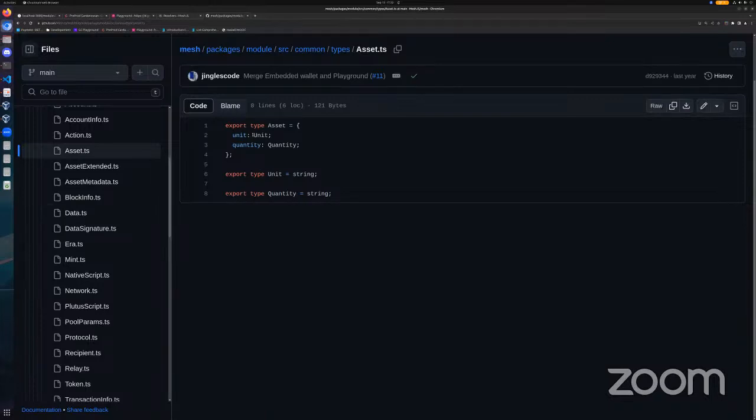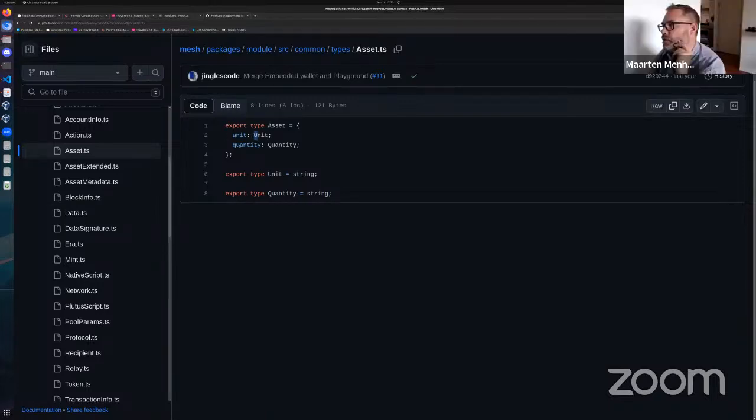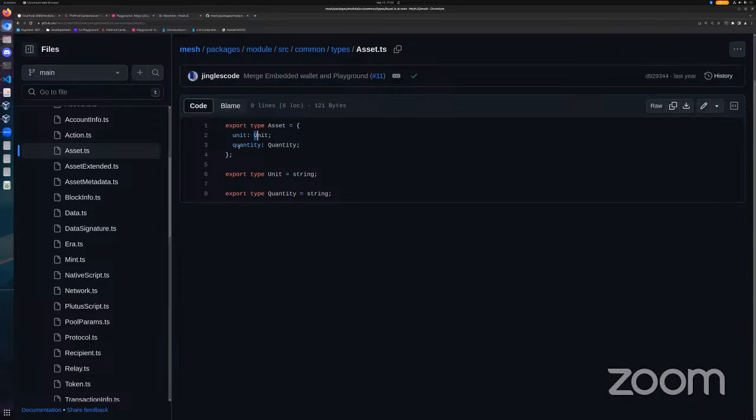So what's that? Yeah, unit and quantity. Okay, so unit is the word mesh uses for asset ID, right? This is the concatenation of the policy ID and the token name. And how many? Now, the word "lovelace", all lowercase, in quotes, is a valid unit. Or any other asset ID.